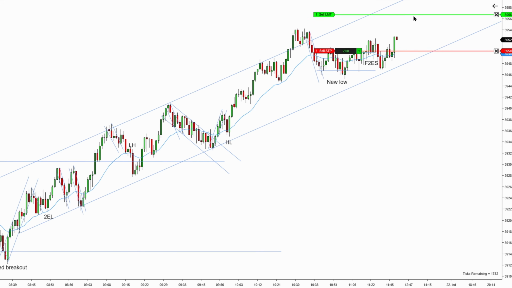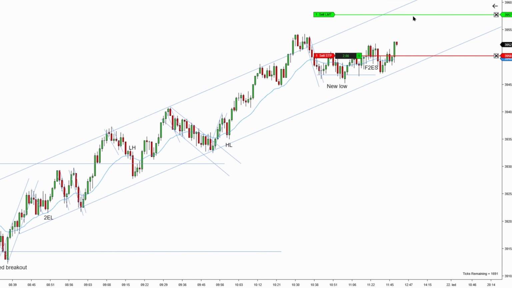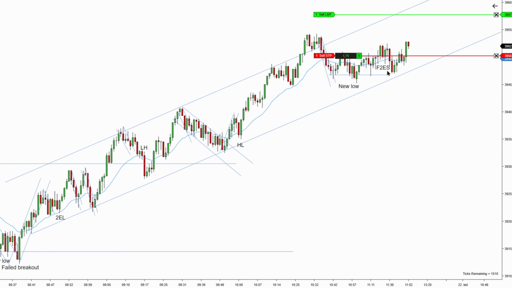Hopefully we can get some runner. So we are a little bit green now, but I would like to get some decent runners so I don't have to take one more setup. You can't get phased by a losing trade. Sometimes that happens to traders. They take a losing trade and they start questioning themselves if something is wrong, but I cannot afford to do